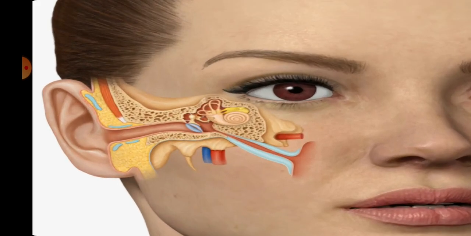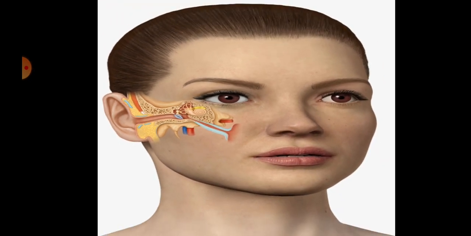In this picture you can see the middle ear. The superior part is connecting to the brain, and the inferior part is the neck, where there are arteries and veins. So the inferior part is related to the artery and the vein. Anteriorly, the anterior wall is connecting to the nasopharynx, and the posterior part is connecting to the mastoid antrum. Laterally it is related to the tympanic membrane, and medially it is related to the labyrinth or the internal ear.